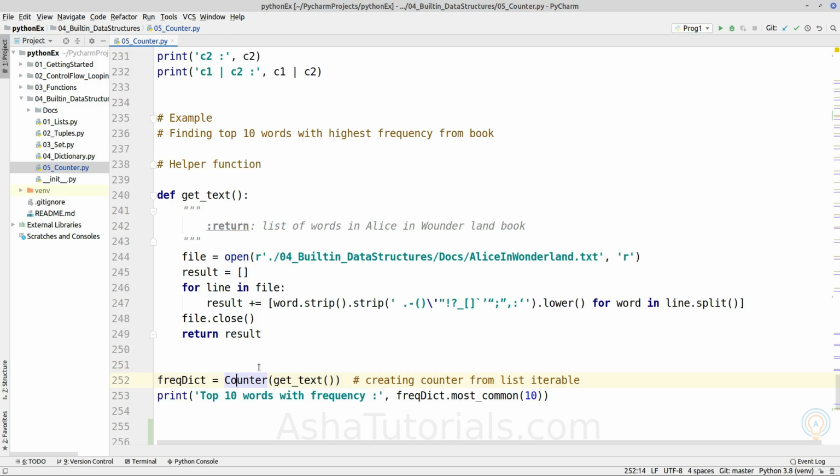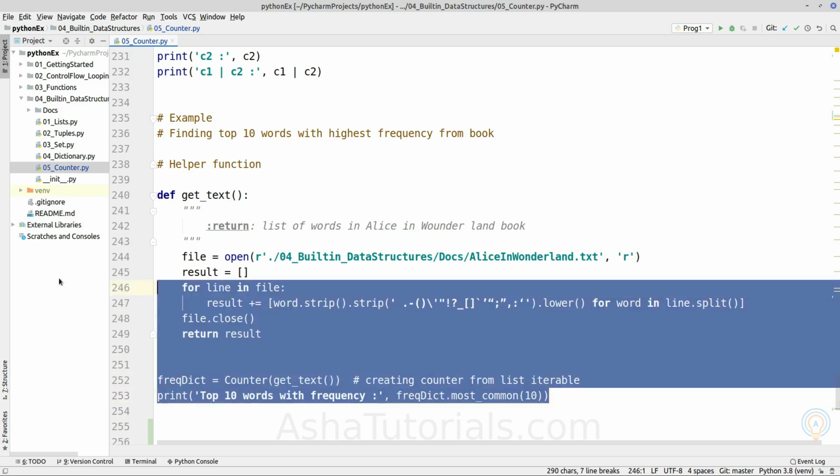So all the unique words will have a count as a value, and that word will be the key of the counter object. Okay, so if we execute it, it will return the frequency count for each of the words, and if we extract the 10 most common words, it will return the word as a key and its count as a value.